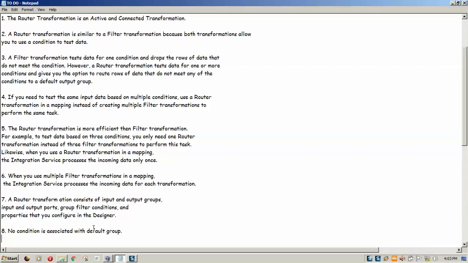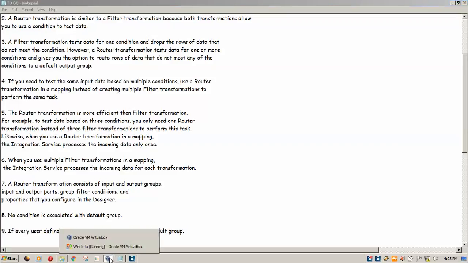If the data does not match the conditions, it is routed to the default group. If every user-defined condition is false, data is routed to the default group. There are two types of groups, user-defined groups and the default group.